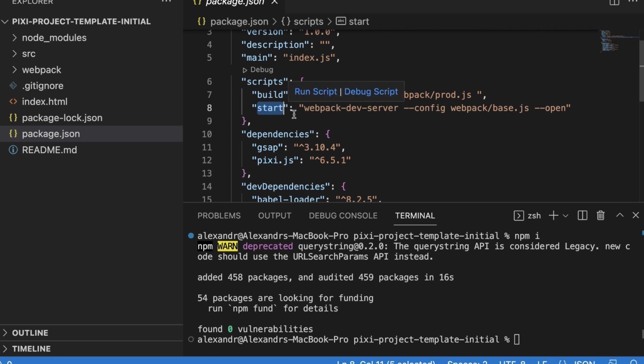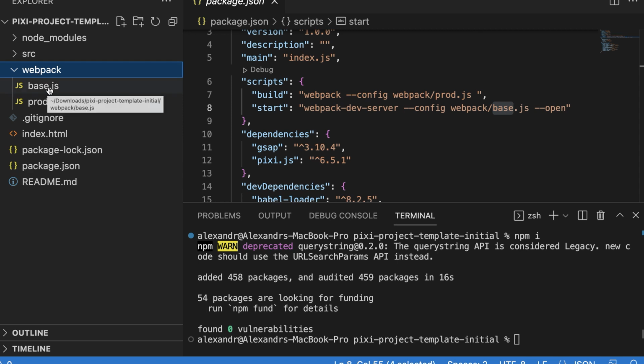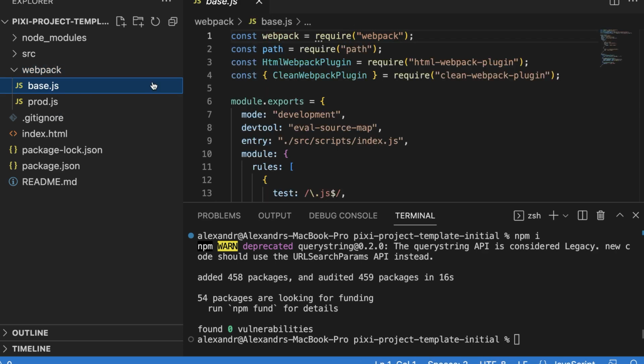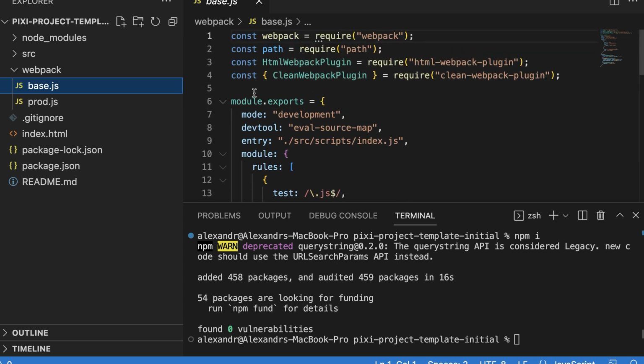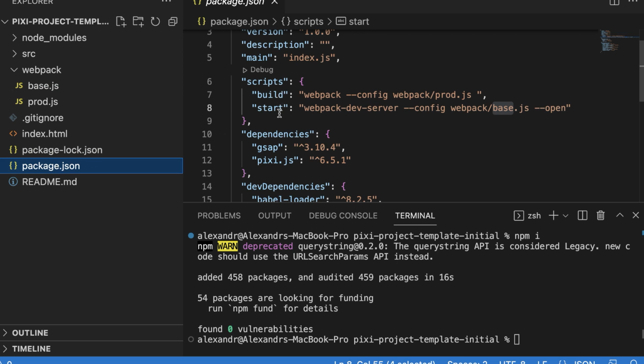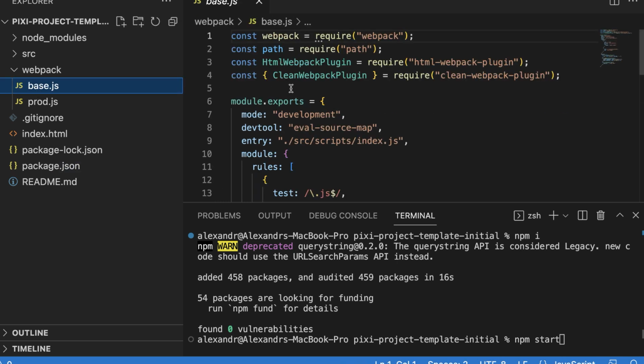As you see, the start command starts the application with the webpack dev server and the base configuration that's located in webpack folder in base.js file. So we also have the webpack folder, and we see two files here, the base.js and the prod.js. And the base.js, as you see, that's the configuration of webpack that's used for development build. The development build can be started by running npm start. So npm start will run the webpack dev server, which uses the webpack base.js configuration, which is set for development